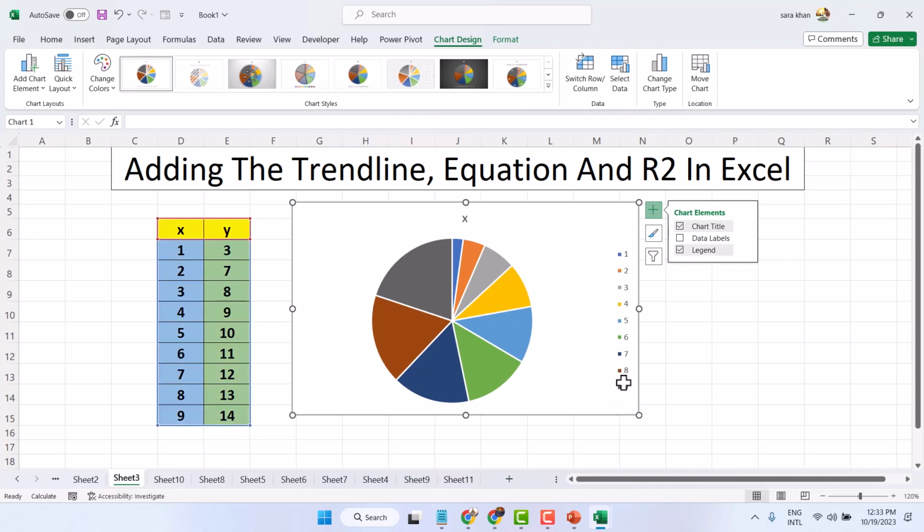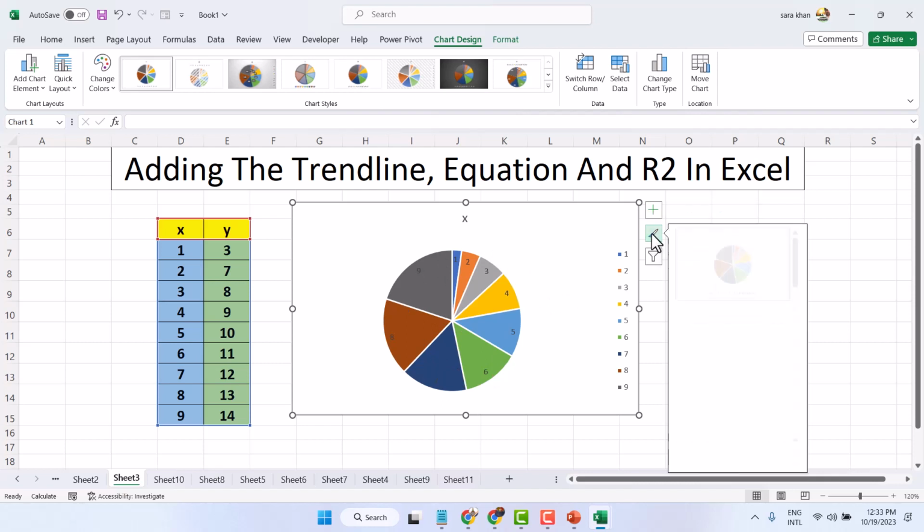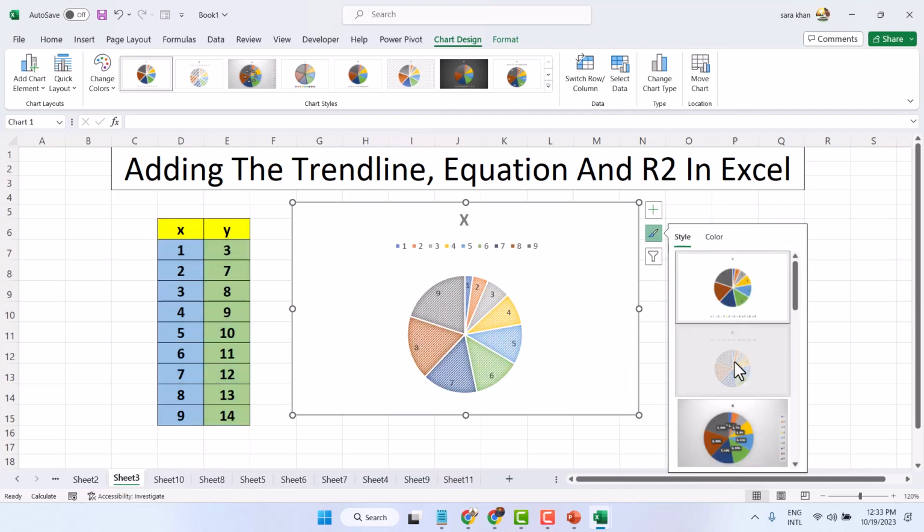So here you can see the figure out which color is for which one. Also, you can add data labels. Here you can see chart style like this. So legend will appear in top side,